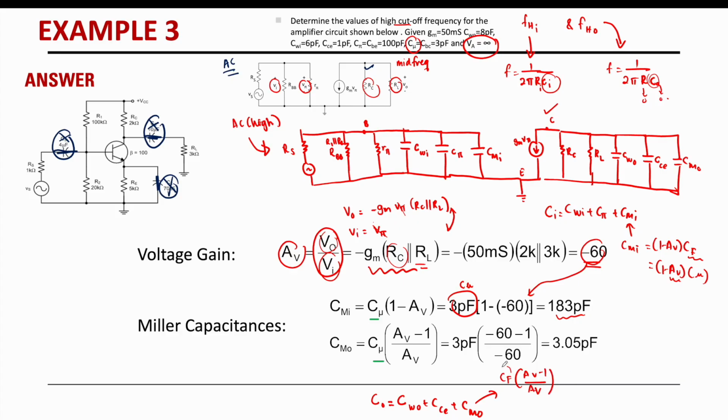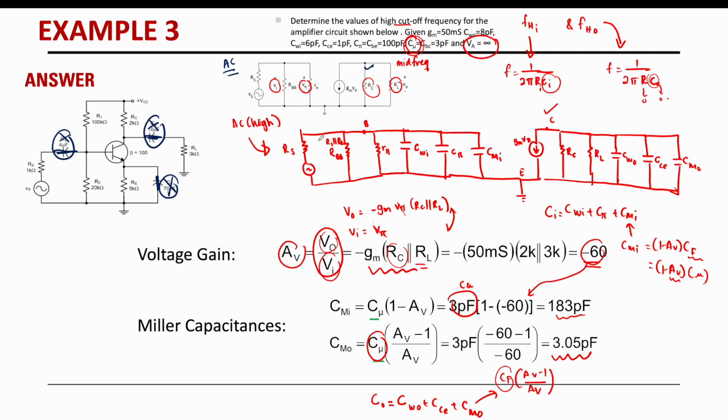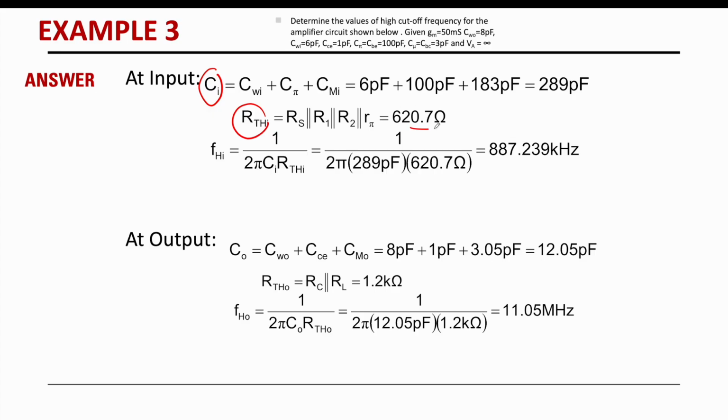Alright, so the value of CF is equal to C mu. So you can use the value of C mu here, and you will get the value of 3.05 picofarad. So from here you can find the value of CI and R Thevenin. R Thevenin will be R1, R2 in parallel with R pi and RS. Okay, and you will get the value. You can substitute it inside the equation, so you will get the value